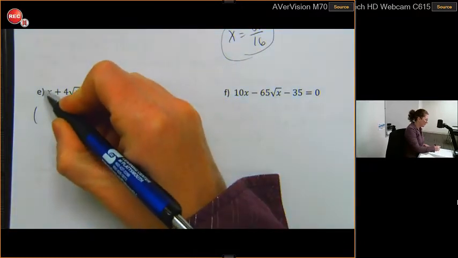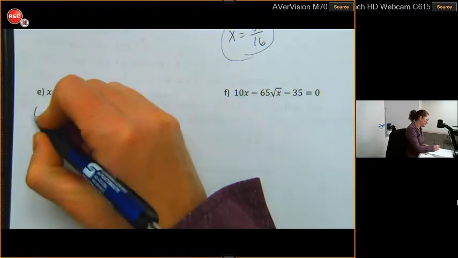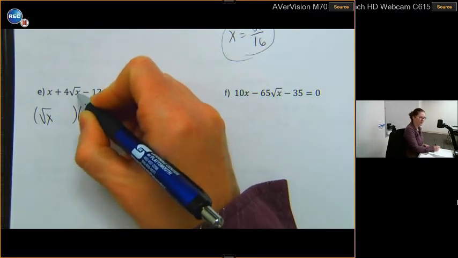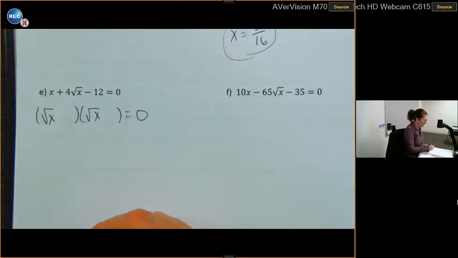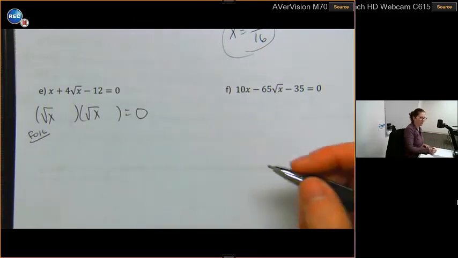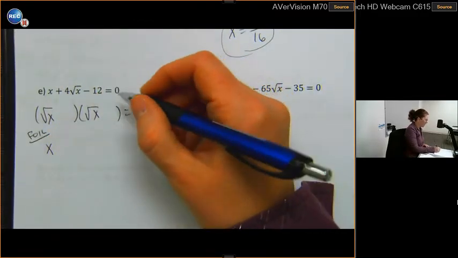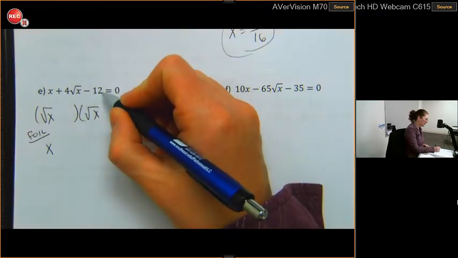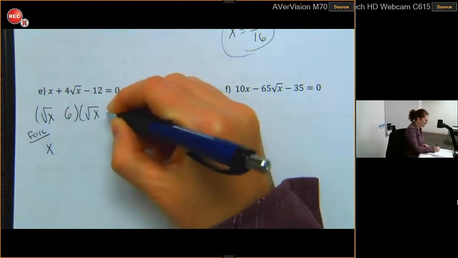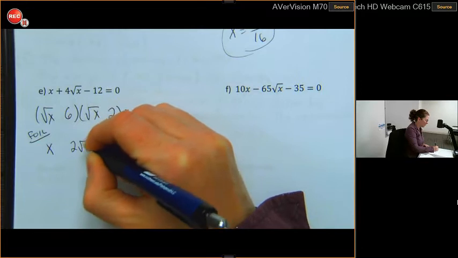Since I don't have a number in front of the x, it's just a 1. So I'm going to use the square root of x. It's always this middle term's variable in the first locations. If I check this by FOIL, which is how you do trial and error, you would get x, and then I need two numbers that multiply to 12 and add up to 4, which is going to be 6 and 2. So then, if I continue my FOIL,